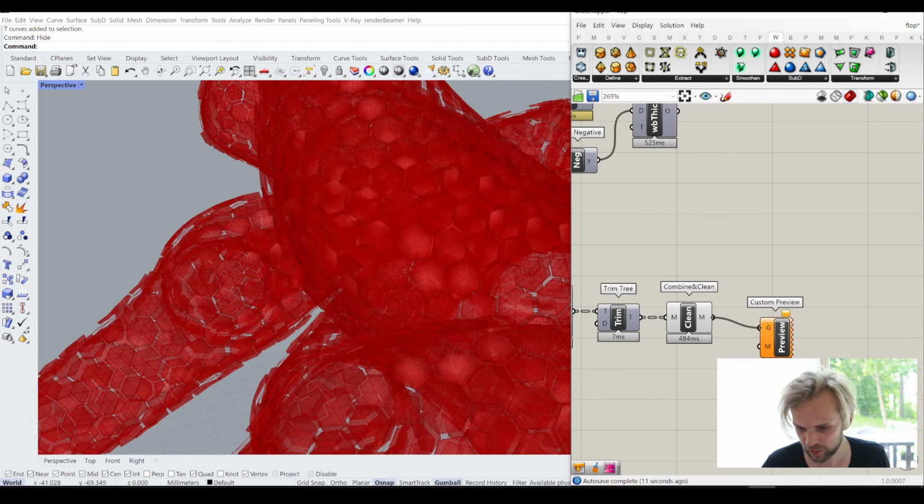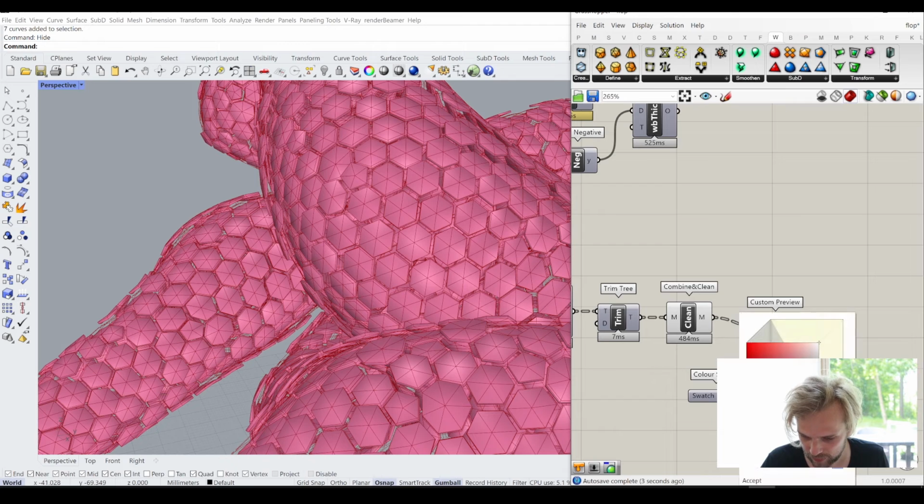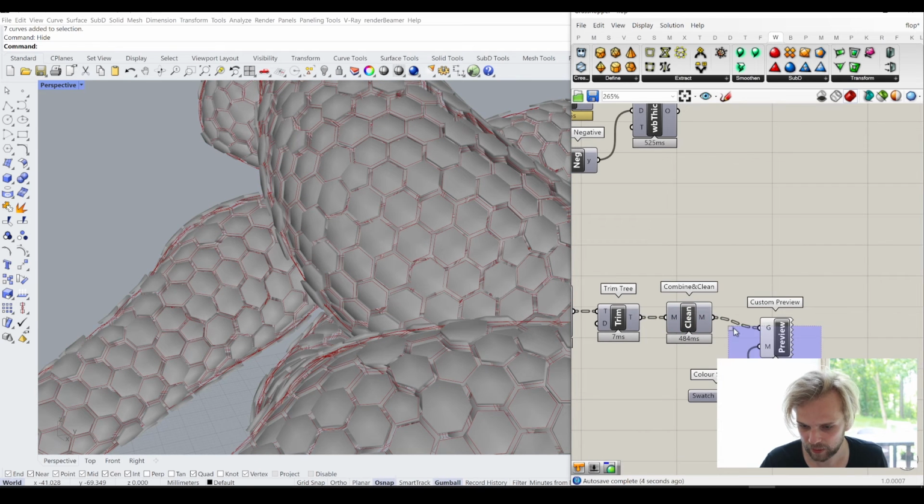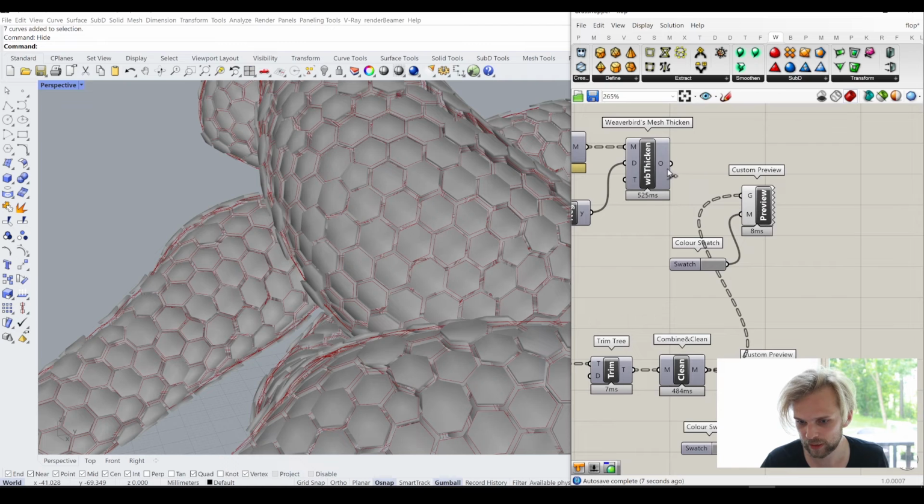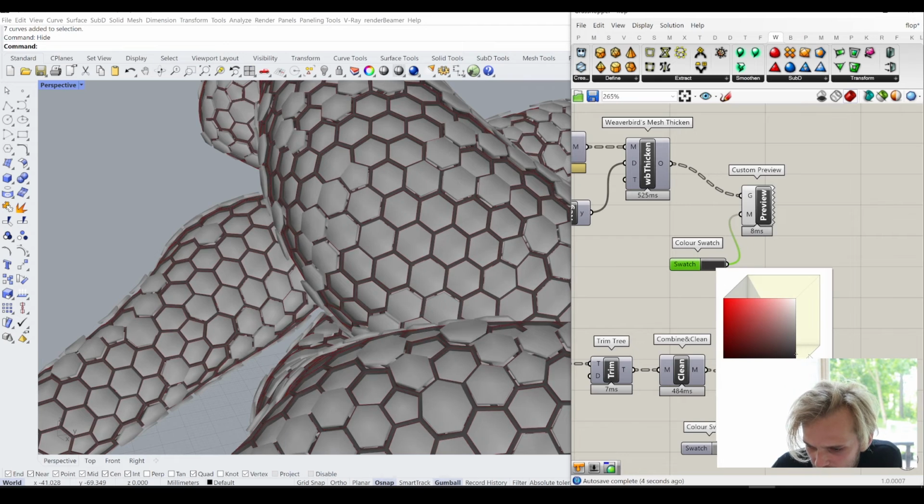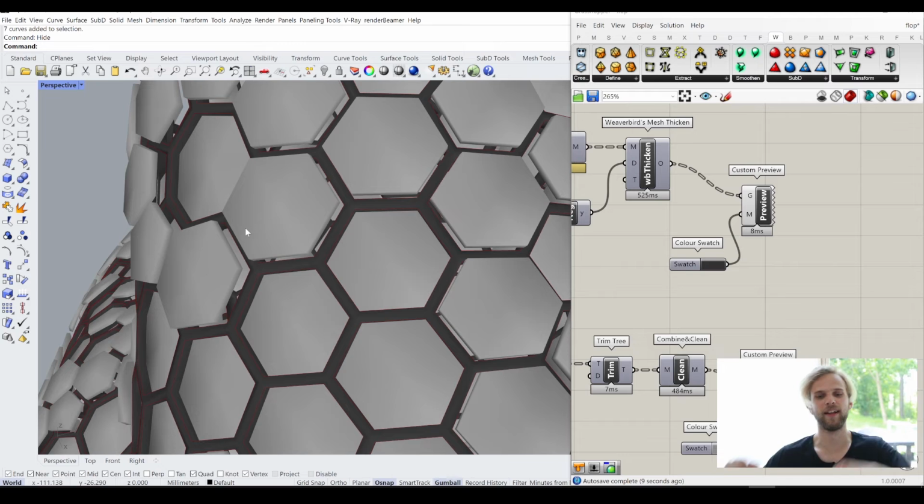Custom preview. Let's just give it a little bit of pizzazz. Gray. Like that. And custom preview for the thickness, or the thicken, sorry. Oh my god. Okay, so